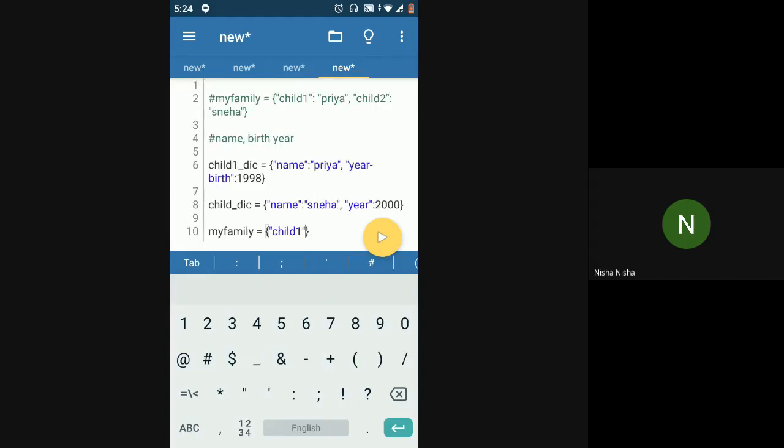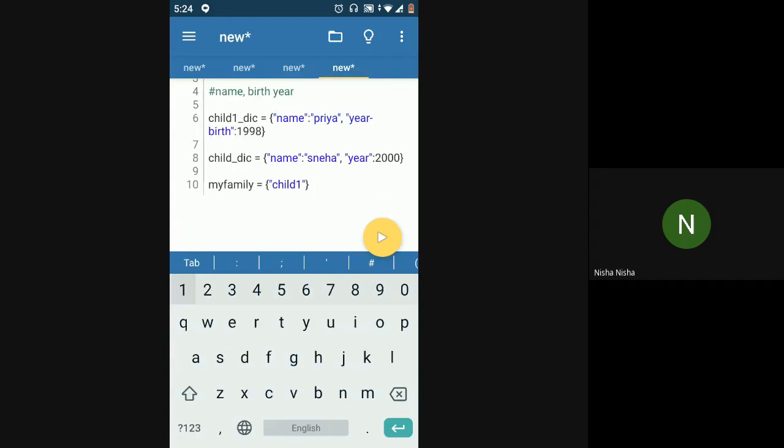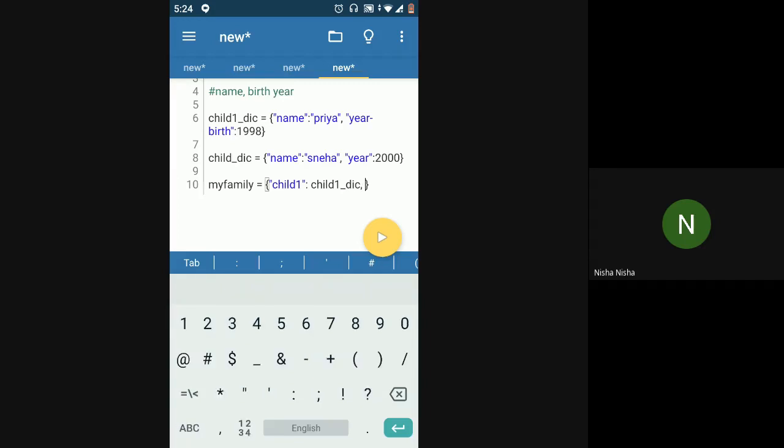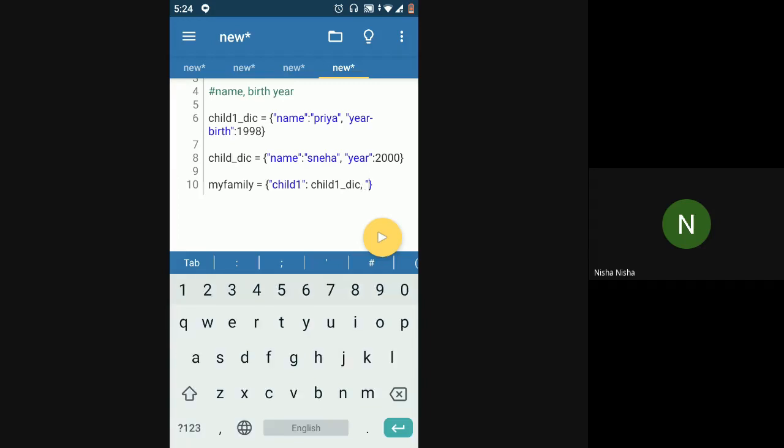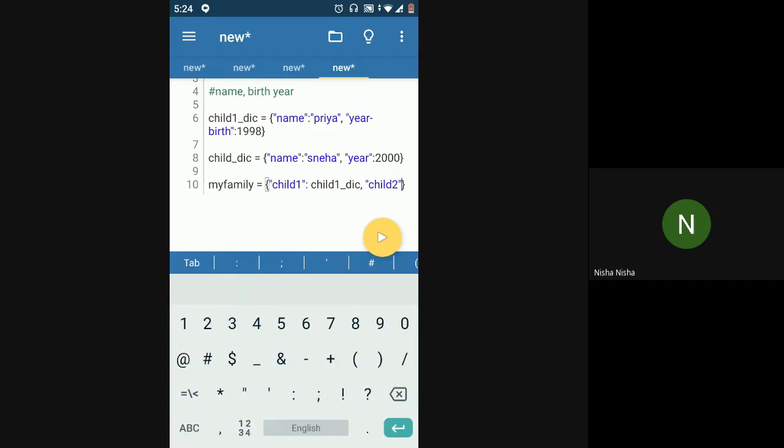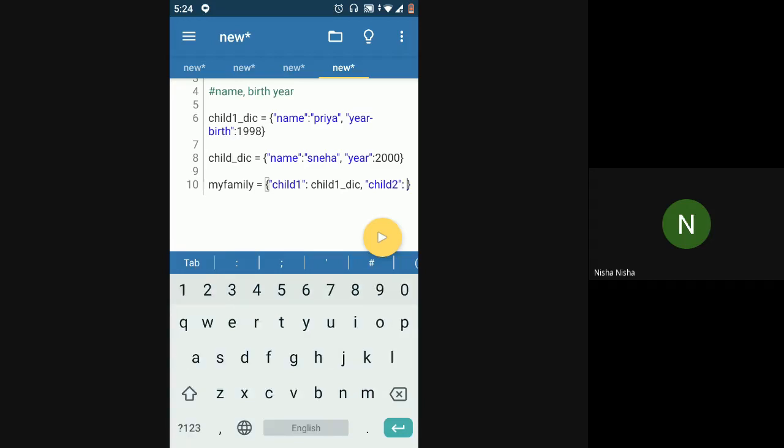In this case also I was using child1. So the child1 key should have a value of child1_dic. Instead of just my name, I want this whole dictionary to be the value for my main dictionary, right? So similarly, I can have child2. Child2 would be child2_dic.